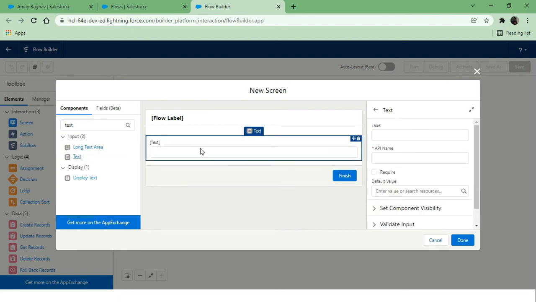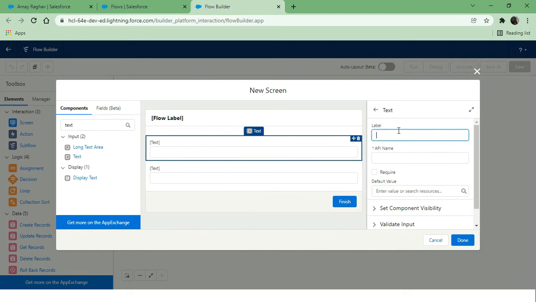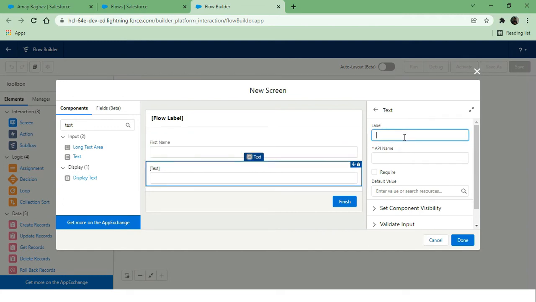So the first will be our first name, and the second will be our last name, and let's mark them as required, right? So these are two fields we are adding, and let's also add email.